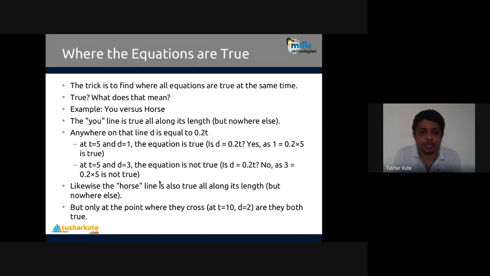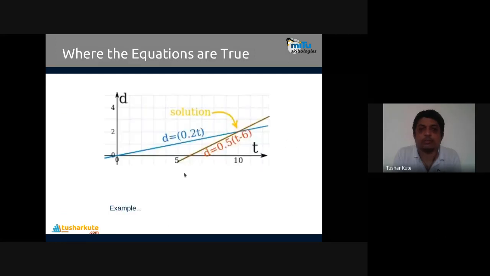See where the value t equal to 5 and d equal to 3 is. T is equal to 5 here and d is equal to 3. Where is that? Here, d is equal to 3. Here it is. Correct. At this point. So when I want to get this point, I want to shift this line above. When you shift this line above, my speed will increase. Okay, it will go above. My speed will increase, obviously, and at that time, this crossing of horse and me will happen afterwards, remember.